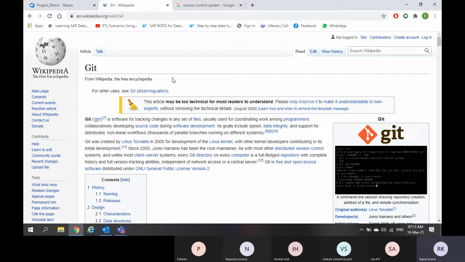So this is called a distributed version control system. The previous one is a centralized version control system, where you need to log into the server and write the source code on the server itself. Team Foundation Version Control comes under centralized, where we have a centralized location.